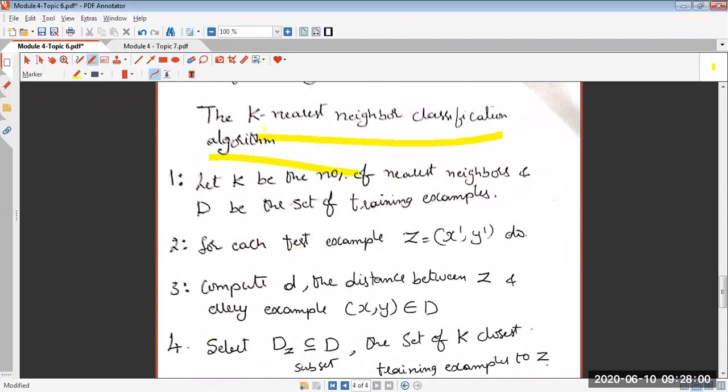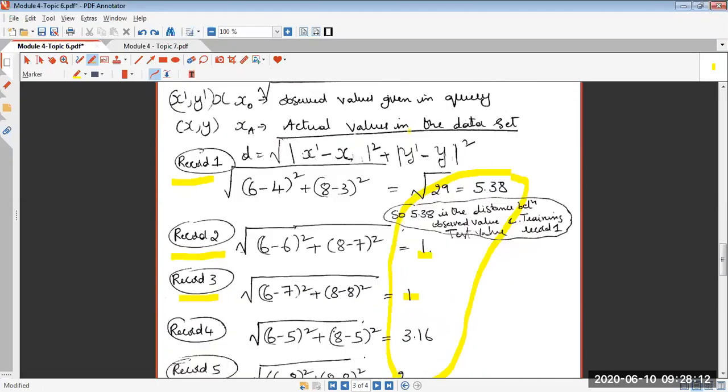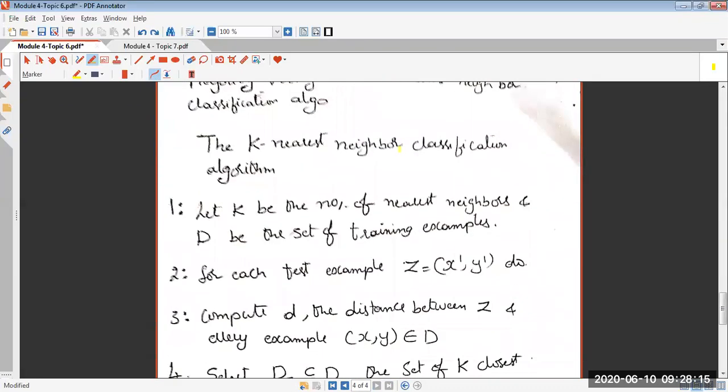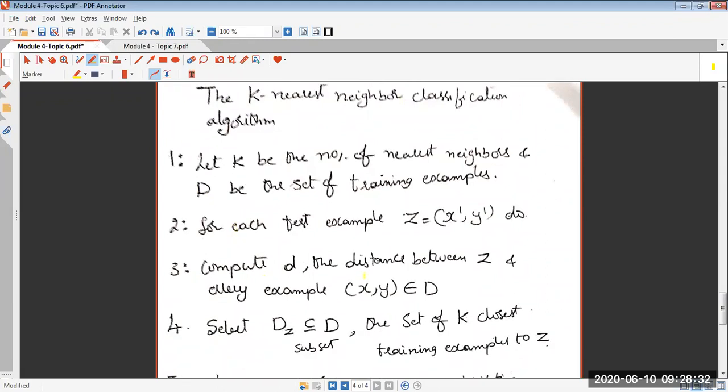So what do you mean by k? Just now I have briefed you. So what is the nearest neighbor in this context? We have understood. So we'll try to arrange it in a more formal way, using some symbolic notations. That is what we are doing in this algorithm. Whatever was discussed, whatever plans we have explored up to this point of time, we will try to arrange it in the form of a sequence or series of steps using some symbolic labels and notations. Okay. So I think the algorithm is obvious to you.